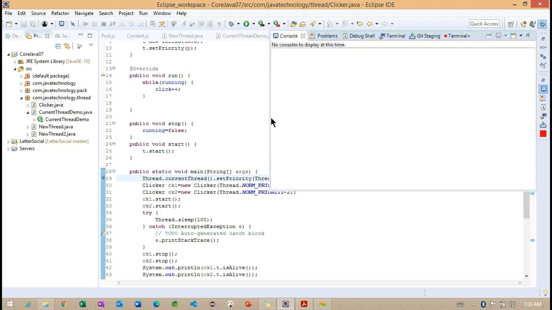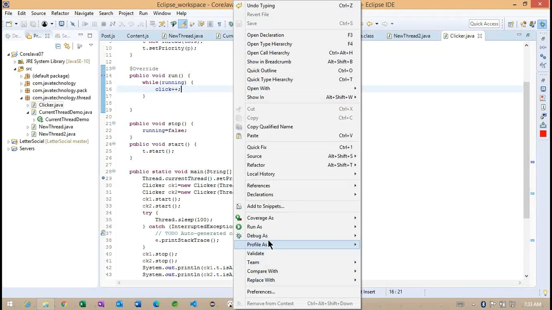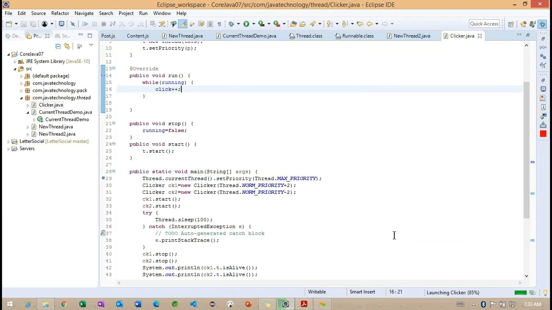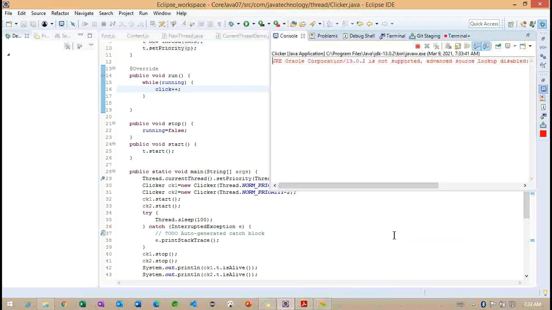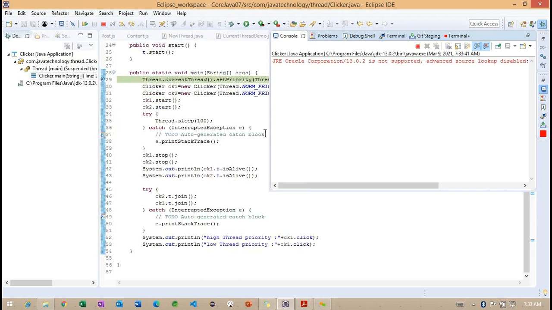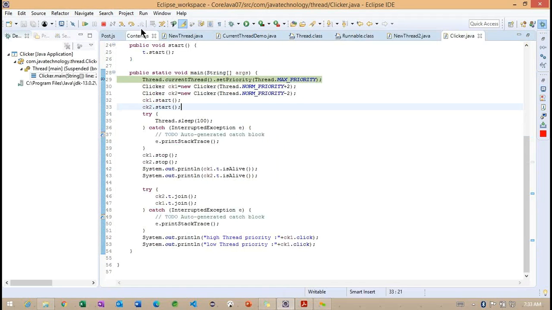Okay, let me check one more time what exactly is happening. So we are getting the current thread, new object created.